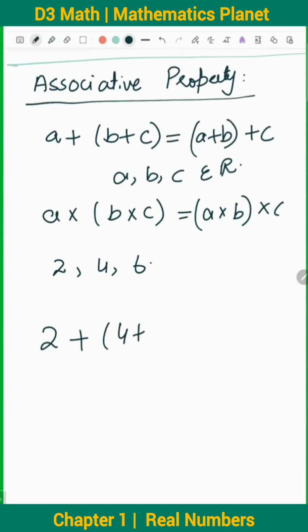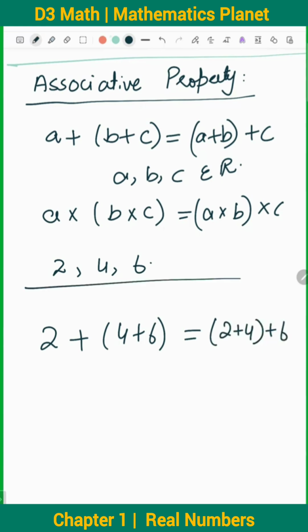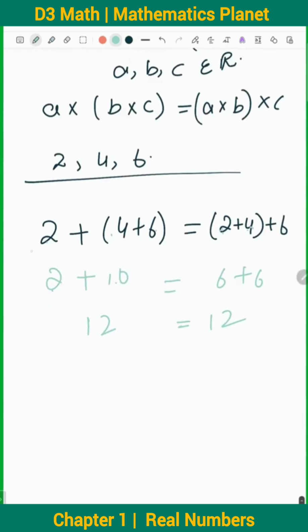अब आप इसको देखो, आपने पहले लिखा 2+4+6 लिख लो, या फिर आपको पता है ना ऑर्डर ऑफ ऑपरेशंस में पहले ब्रैकेट को सॉल्व करते हैं, या फिर आप पहले 2+4 कर लो फिर 6 कर लो। तो बच्चों क्या बनेगा? 2+4 क्या होता है? 6, 6+6 क्या होता है? 12। यहाँ पे पहले आप 4+6 सॉल्व करोगे, 4+6 क्या होता है? 10, 10+2 क्या होता है? 12। तो आपने देखा कि अगर आपके पास कोई भी 3 रियल नंबर हैं, आप उनको जिस मर्जी ऑर्डर में ऐड कर लो, आपका आंसर सेम आएगा। इसी तरह अगर आपके पास यही 3 रियल नंबर्स हों और आप इनको मल्टीप्लाई करो डिफरेंट ऑर्डर में,